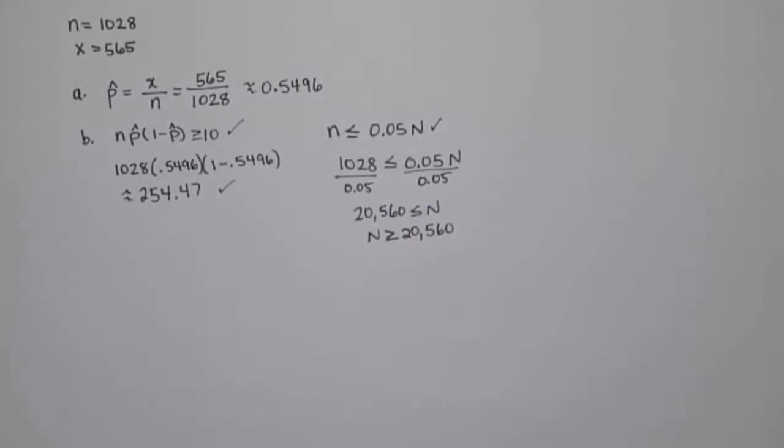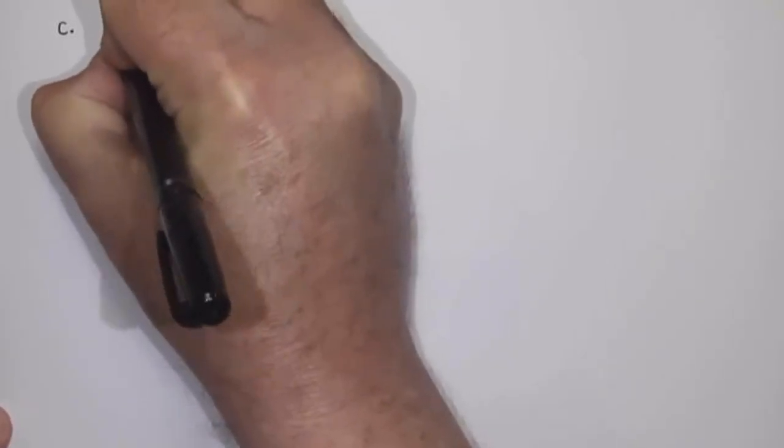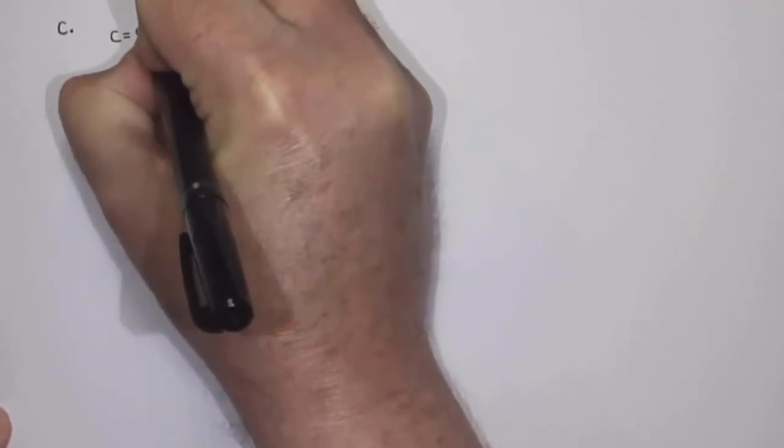Clearly we meet that. Now, part C, I want to look at on a clean sheet just to make sure I have plenty of room. So as always, we're going to be able to do these problems using technology, but I want to start by looking at it by hand so that you have an appreciation of what's really going on here. And then once we have a grip on that, then we'll use the technology as a general rule to do these. So in part C, we want to construct a 95% confidence interval.